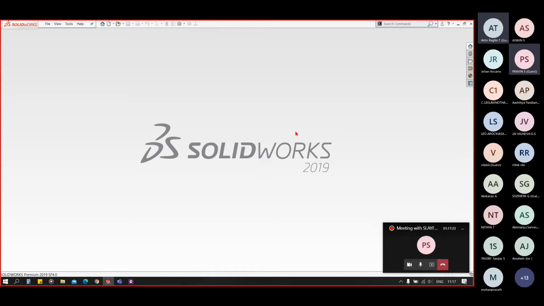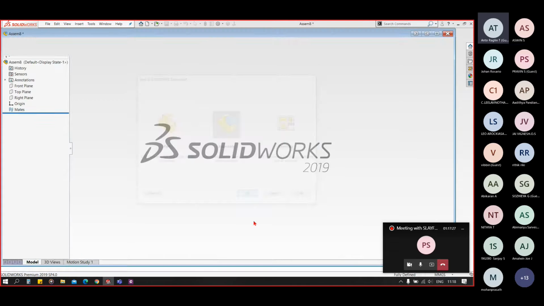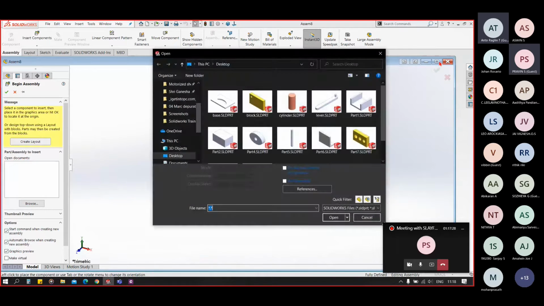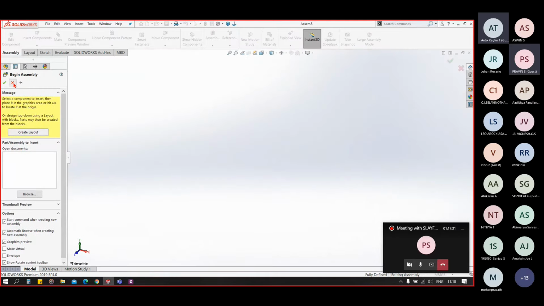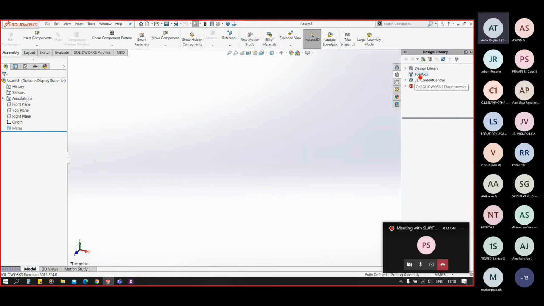Okay, so let's create a new assembly. You can also insert the design library parts in the part file also, but here we are learning mates, so I will insert them in the assembly file. Similarly, you can do that with the part file. Go to toolbox, click on add-in.